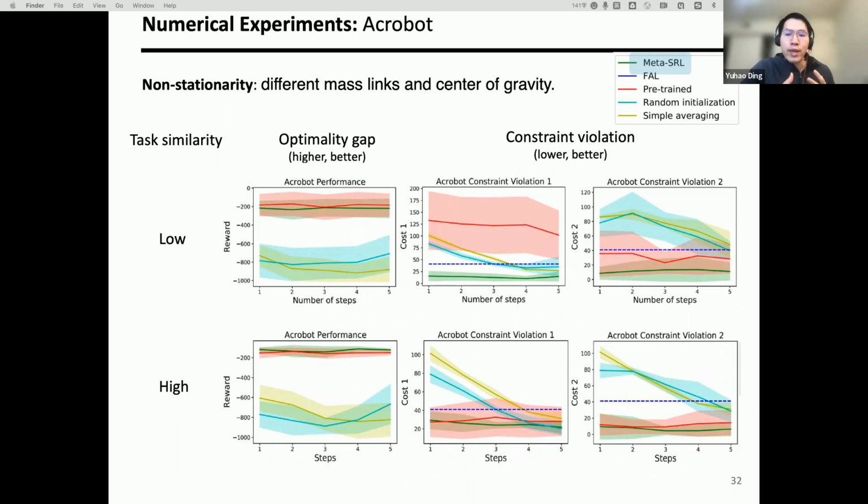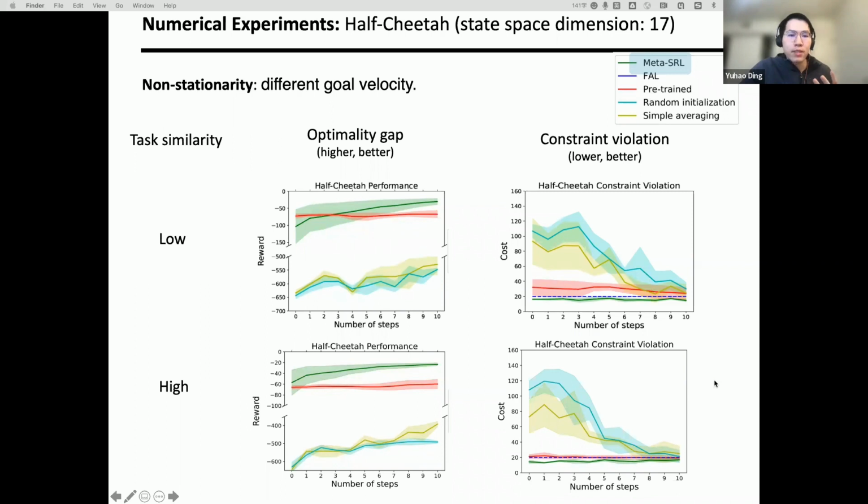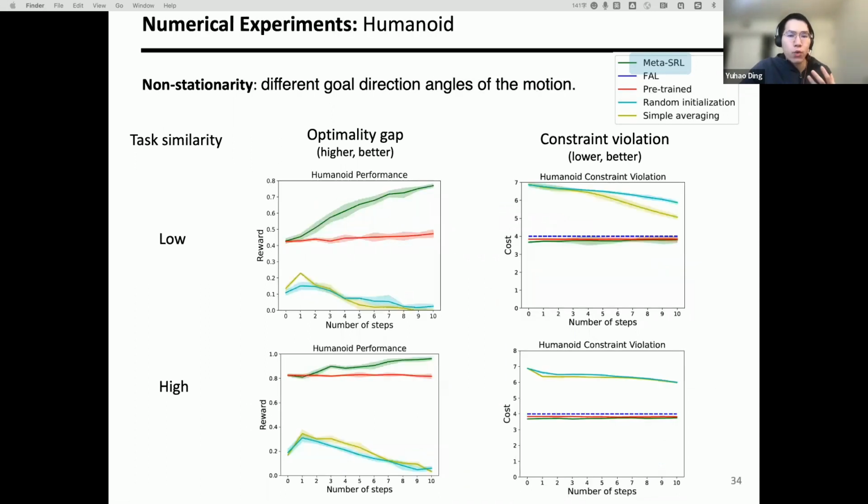The agent is rewarded when it achieves a certain height of the end link, and two constraints are introduced for the two links. We randomly generate 50 different tasks with different link masses and centers of gravity. Similarly, we can observe that for the Acrobot environment, meta-SafeRL achieves higher rewards quickly and zero constraint violation as compared to other baseline initializations under either low task relatedness or high task relatedness settings. Similarly, we demonstrate our method using the half-cheetah environment and the humanoid environment. And because of time, I will just